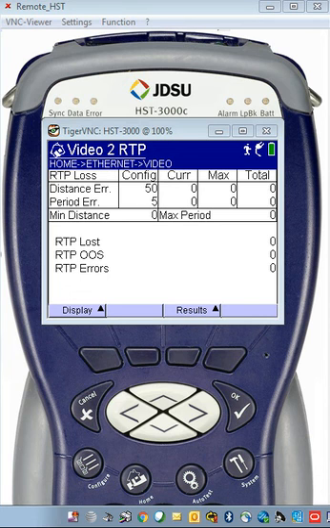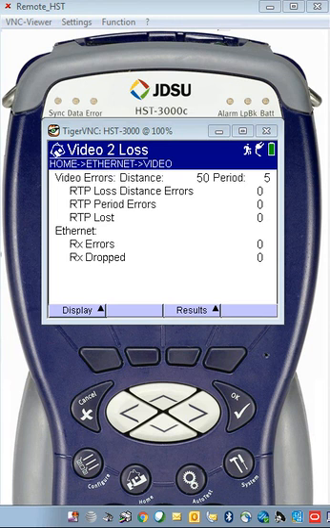And we have a period where we don't want any more than 5 consecutive packet losses or frame drops in a row. If that happens, then you're going to start to see these counts. Now, if I arrow to the right one more time, then I can start to see, hey, what was my actual loss distance and errors? Even though I said I don't want any more than 5,